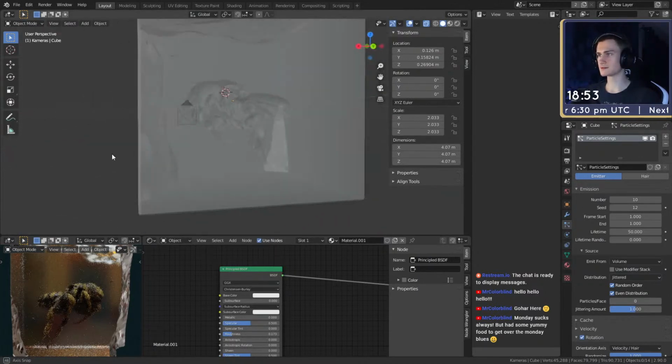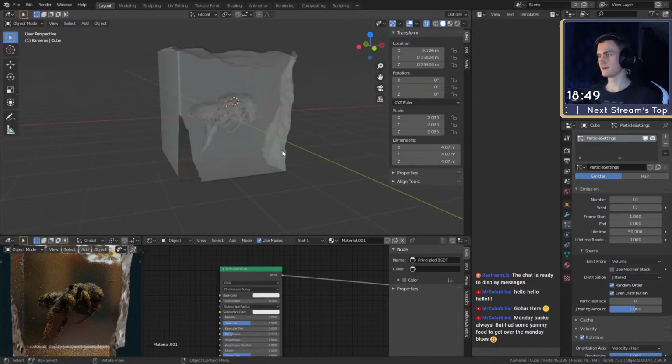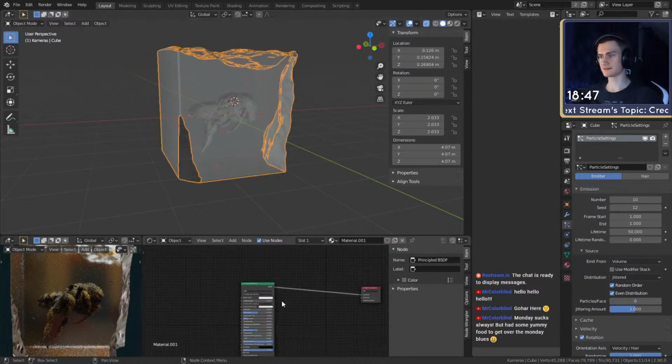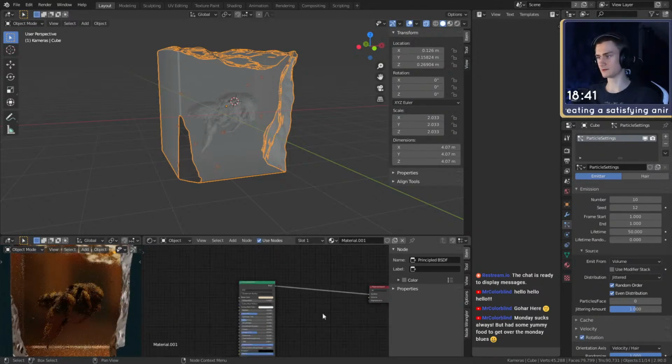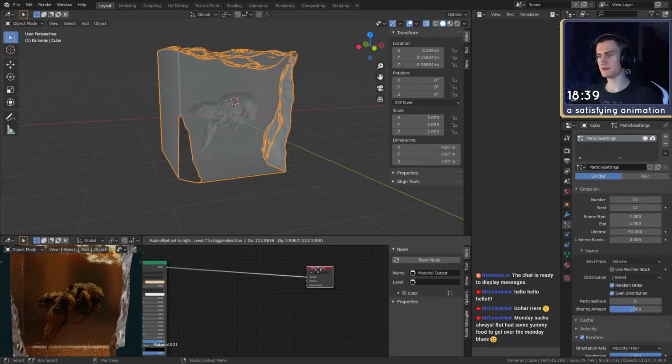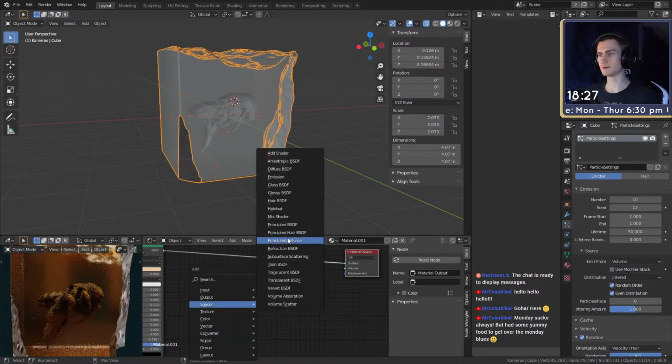Yeah, I guess we could use that. So next up, let's change the color. So we go in here, amber color, something orangey like that. Ooh, dark orange. Then also what we need, because amber usually has some sort of dust or something in there, so we can simulate that using a principled volume.